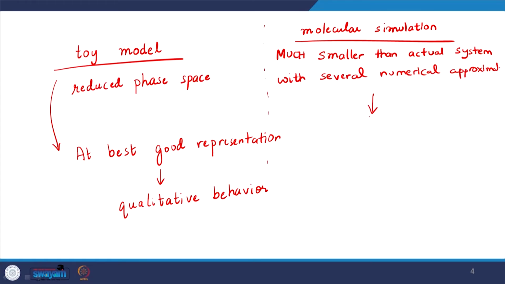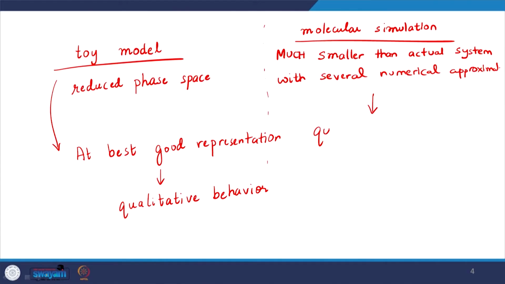In the molecular simulation part, it is a slightly different paradigm. So, we are modeling a very small system, and for that system we can be close to exact within the numerical approximation we are making, right. So, in the toy model case, the model itself is an approximation. In the molecular simulation case, the model is what the system is, except that we are doing it for a smaller system. Then we are applying some numerical approximation. For example, I can numerically integrate something, right. So, the numerical accuracy will increase as I go for better schemes, or as I go for larger systems and so on and so forth.